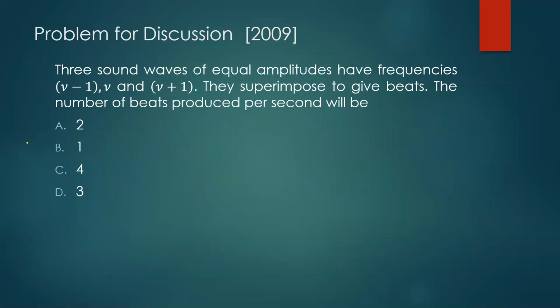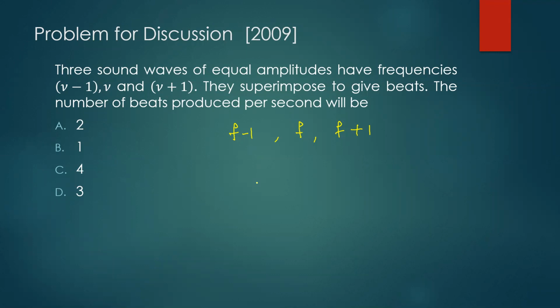Okay, so try answering this question. I think you know, if you have only two frequencies, how will you get the number of beats? You take the difference. Okay, but here you have three frequencies. I usually don't like this notation, so I'll just take it as F, and the other one is F minus 1. I mean, no offense meant. It's just that it confuses me with velocity every time.